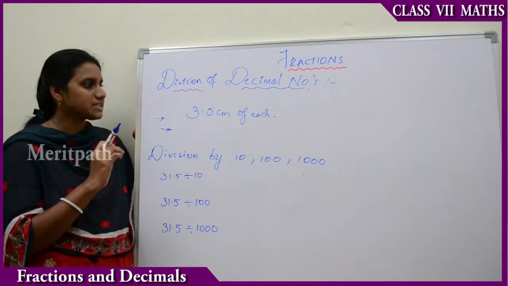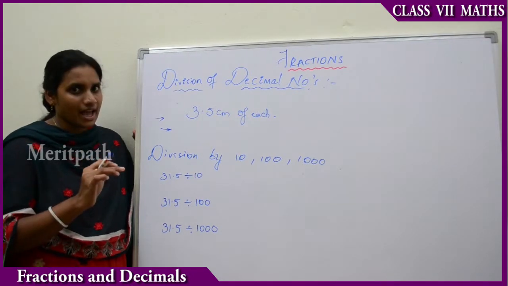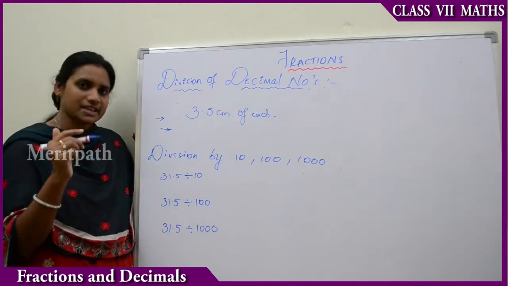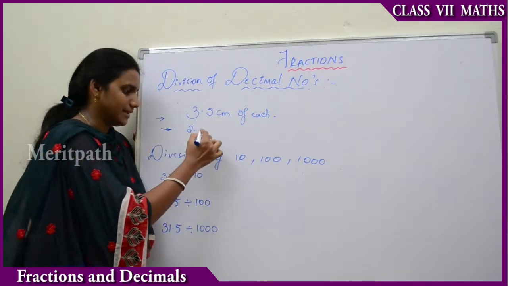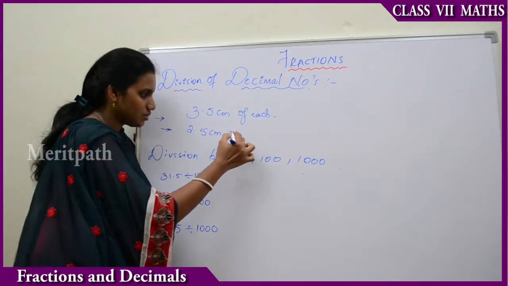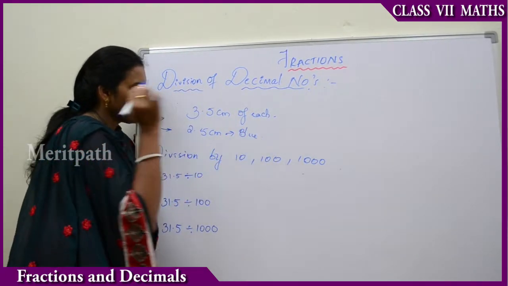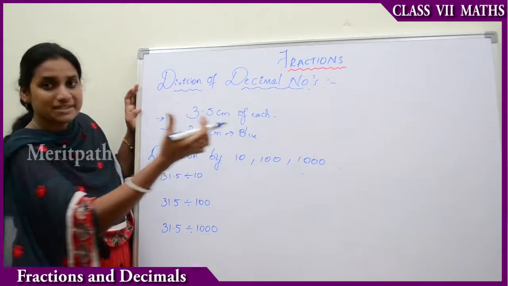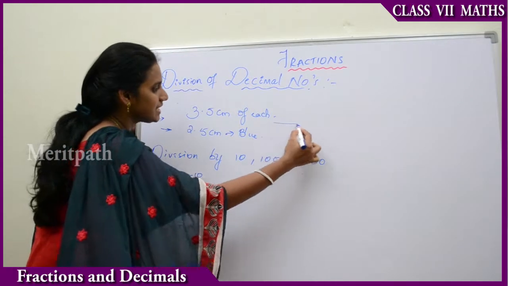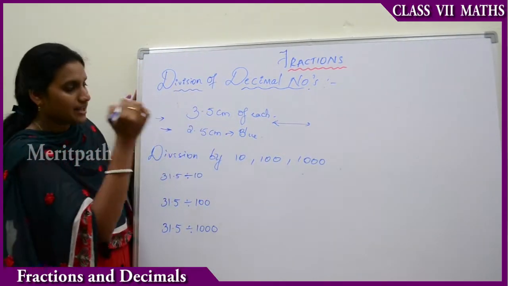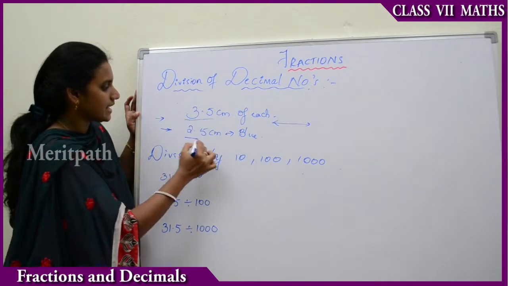Now you have to stitch a dress and we have to take the measurements of each hand. That is, it is taking around 2.5 centimeters of hand, that is of blue color. Okay, assume it such a way. Now the centimeters, that means the cloth is measured in decimals, right? You can observe that it is in decimals and these are known as decimal numbers, right?